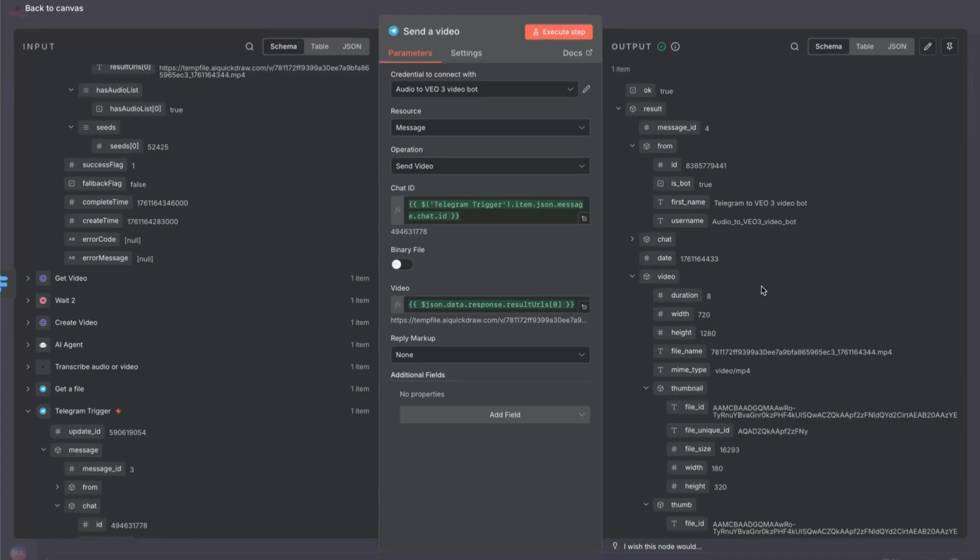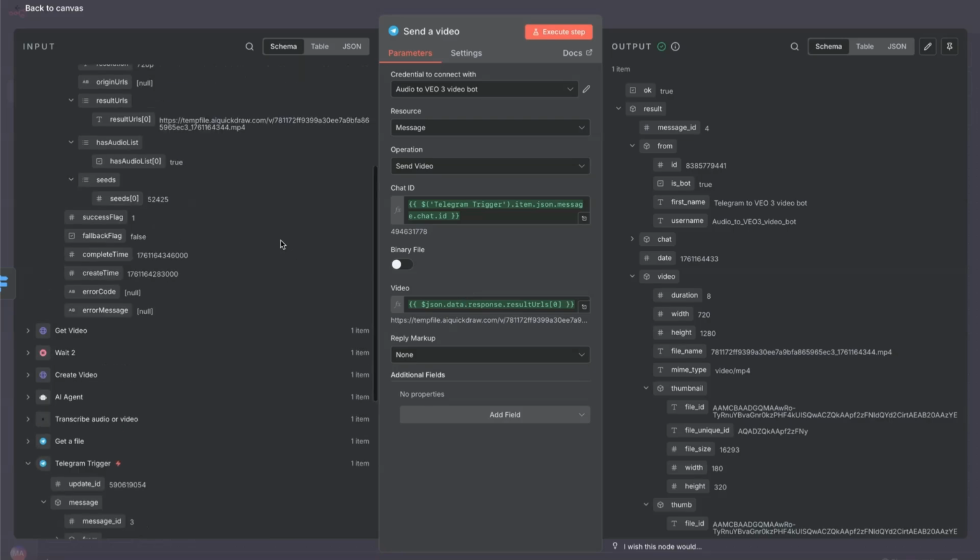And the last node we've got here is the Telegram send a video node. We need to just set this up. So we've got the credential or the bot ID that you have set up originally. Resource will come under message, and then the operation will be send video. These dynamic values that you see in green, if you scroll down to the bottom on the left here, underneath the Telegram, underneath chat, you've got the chat ID. You just drag that dynamic value across, drop that in there, and then the video,